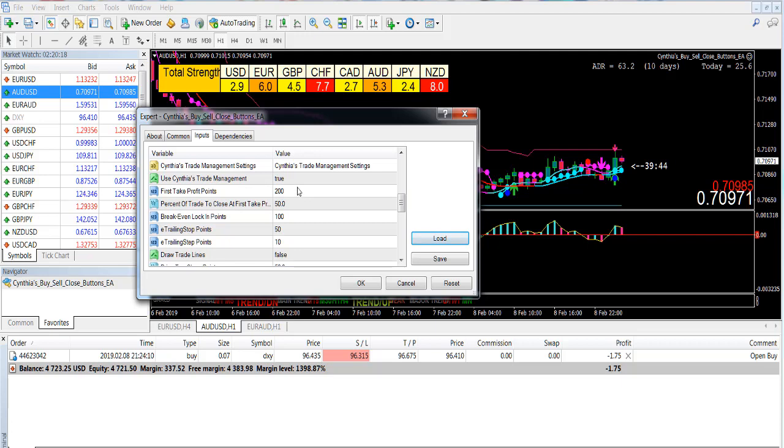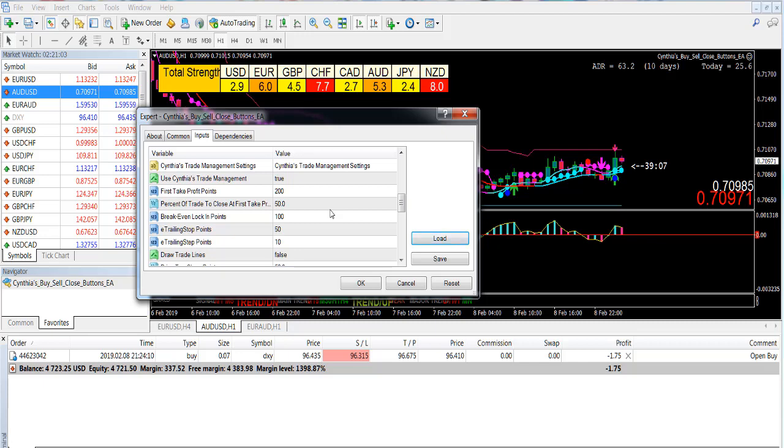I would choose just the scalp set file and not the quick scalp set file, because here your first take profit is 20 pips. That's a much better gain. That's double the quick scalp. And break even is 10 pips, and it's going to trail by 5 pips, and every time it moves 5 pips in your desired direction it's going to move the trailing stop 1 more pip. So I like this. It's good for newbies who